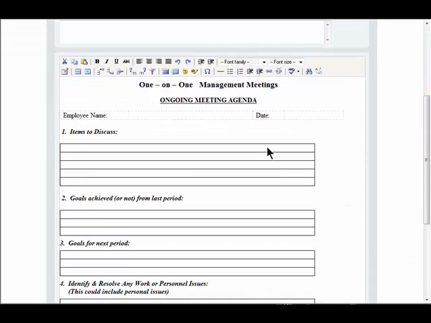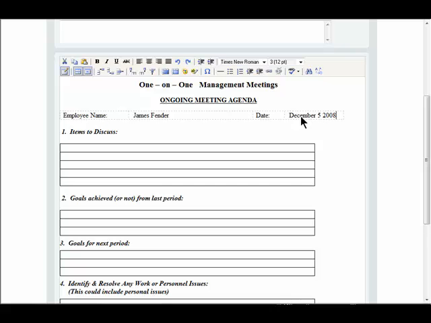Let's begin to complete the form. I'm going to fill in the employee's name here because I may want to print this form at a later date. If you were never planning on printing the form, putting the employee's name and date here would be redundant because the form will be saved with the employee's name and the date in the TouchStone application. But in some cases you want to print this out, so it might be a worthy piece of information to add to the form. So I'm going to write in the employee's name, James Fender, and the date, December 5th,